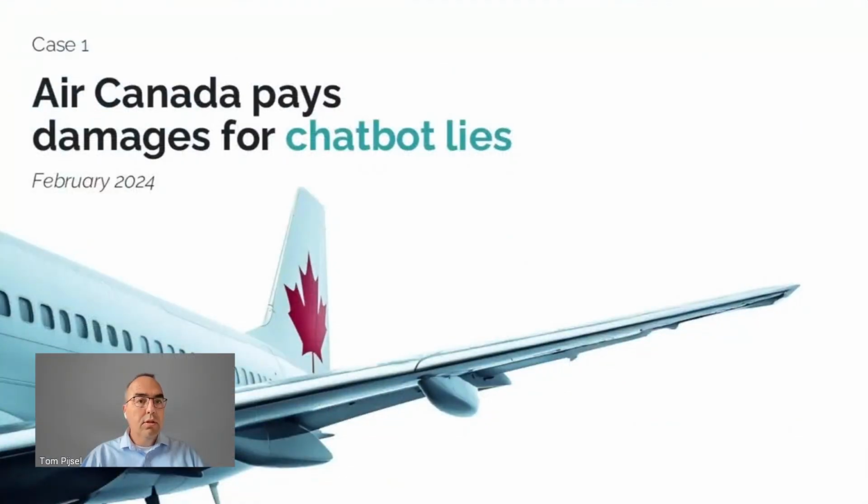So the first example involves the AI chatbot of Air Canada. In February, Air Canada faced a legal order to pay damages to a passenger due to the incorrect advice given by their virtual assistant. The situation arose after the passenger, dealing with the passing of his grandmother in November, sought information about bereavement fares. The airline's virtual assistant incorrectly advised him that he could purchase a full price ticket and then claim the bereavement discount within 90 days.